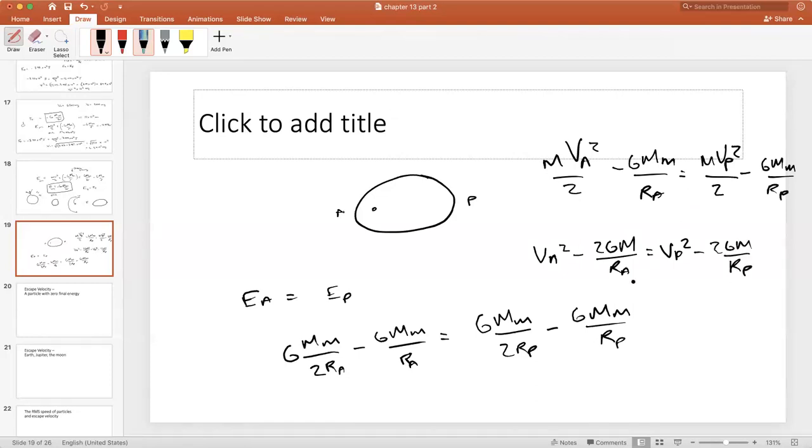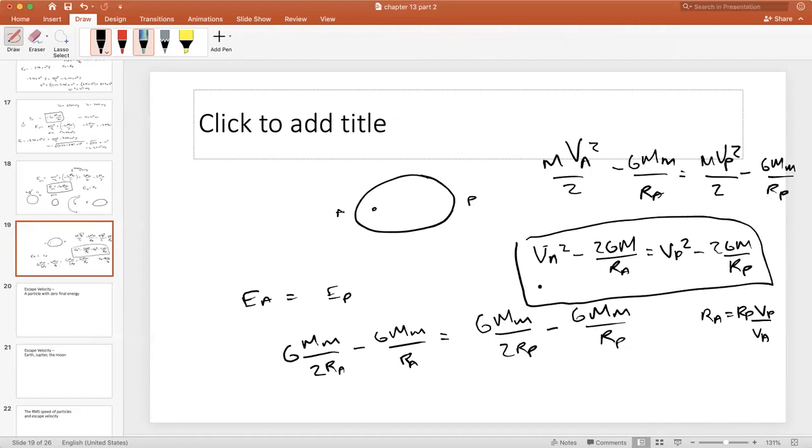And we could put in that RA is equal to RP VP over VA. So you could put in this is in terms of VP and VA, and this is in terms of VA and VP. You could do some fun stuff with this equation, but the net thing at the end of the day is that essentially,